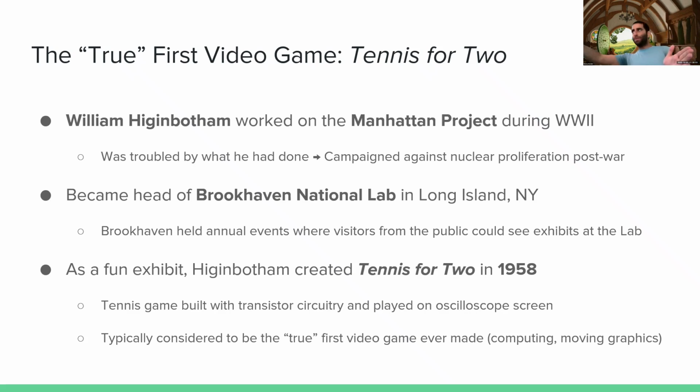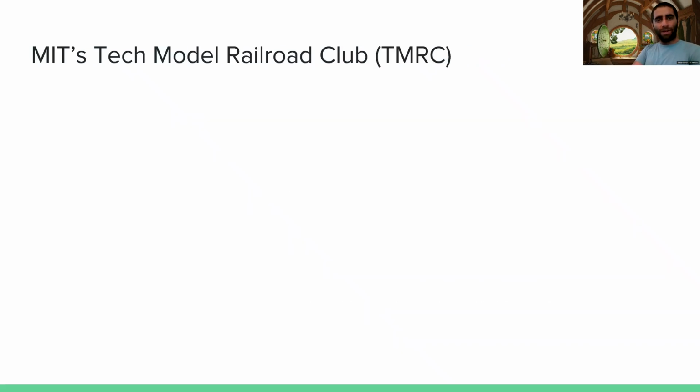So I'm going to build up in this lecture from here. Now we have the first one. I'm going to also go up until the beginning of commercialized, public-facing video games. So before I can introduce where video games went next, I have to teach you about MIT's Tech Model Railroad Club. And you might be wondering, wait, what? Model railroads? How do we get here from computers? It's very weird, and I don't know why this is the case.